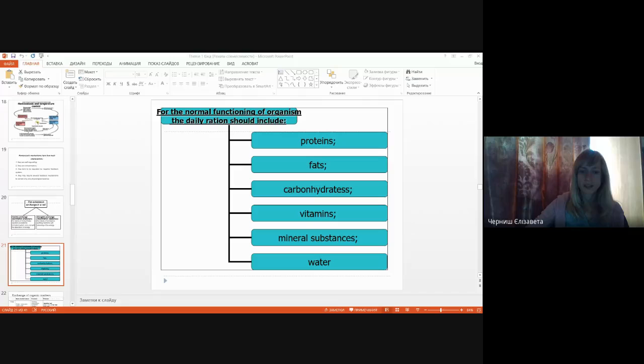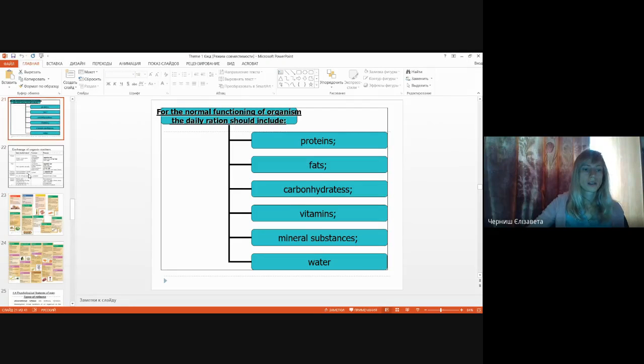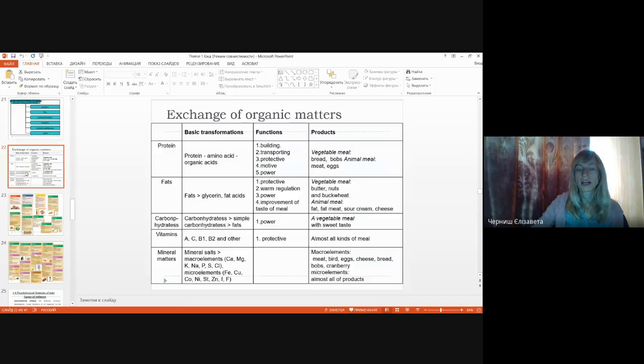So I see some people have sound, please check all your gadgets. And about these types of nutrients: mineral substances, vitamins, water, their ration, its impact on our health,